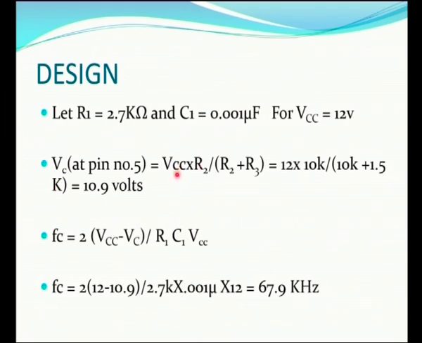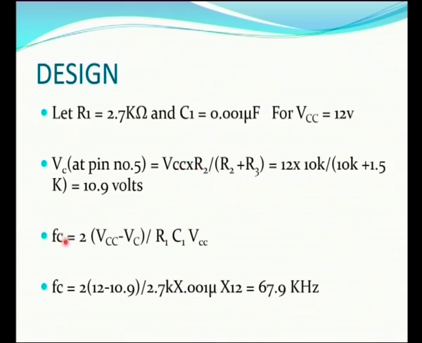Substituting the values, Vcc equal to 12 volts, R2 equal to 10k divided by R2 value 10k plus R3 value 1.5k. When you solve this expression, we will get the voltage Vc at pin number 5 to be equal to 10.9 volts. Now, we can verify that this voltage is less than Vcc. So, the free running frequency